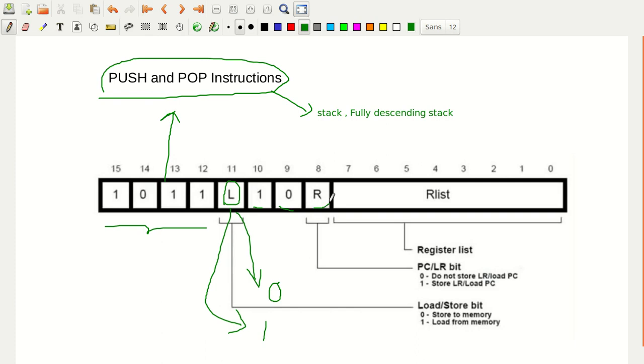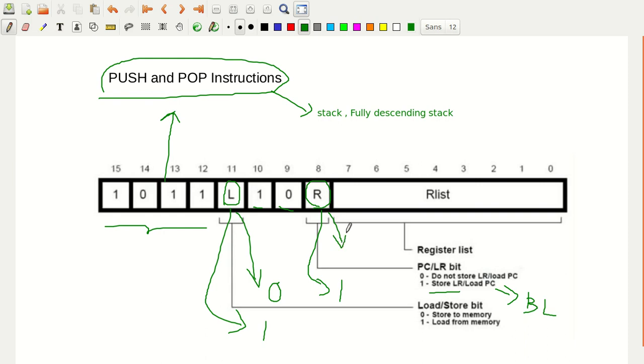The 8th bit is R. Whenever R is 1, you are storing the link register onto the stack, or, in the case of pop, loading the PC. This is similar to the branch link operations we were doing.